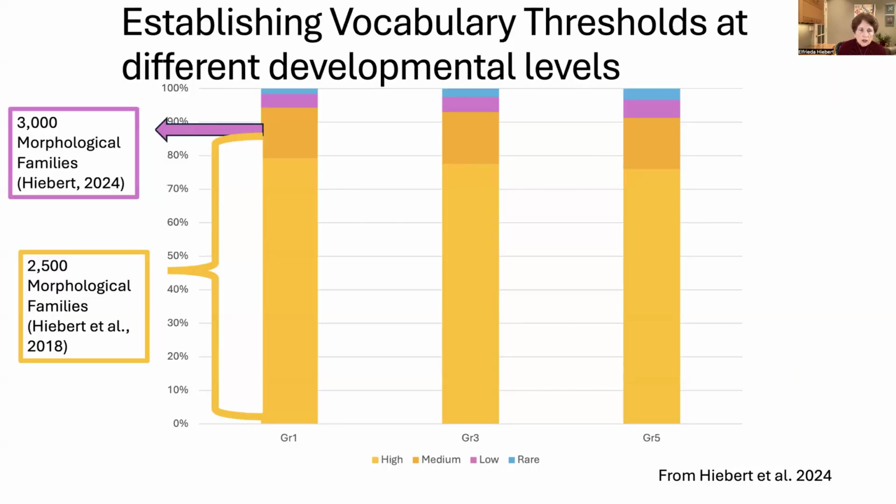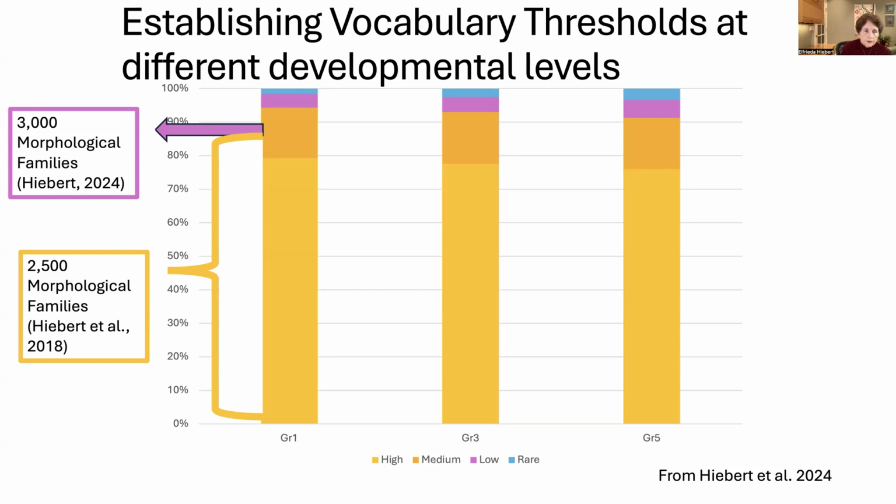Now, we've used the databases and also the various word feature databases to identify the words that occur now for first grade. About 96% of the words in the text can be explained by 2,500 morphological families of the very most frequent words. And then for the words that appear in the low frequency group, the pink group, there are about 3,000